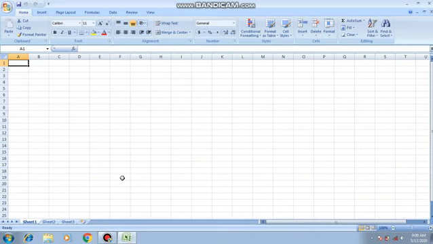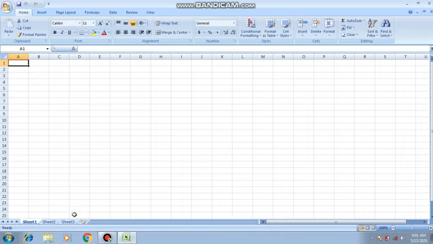So this is the spreadsheet. It is also known as the worksheet in Excel. The data you enter will be spread out with the help of columns and rows. That's why it is known as a spreadsheet. The data that you enter is stored as a workbook. A workbook is a collection of worksheets. Always remember, a workbook is a collection of worksheets.